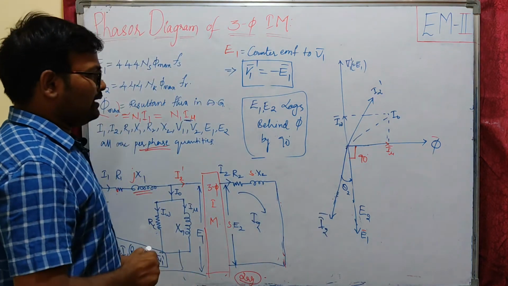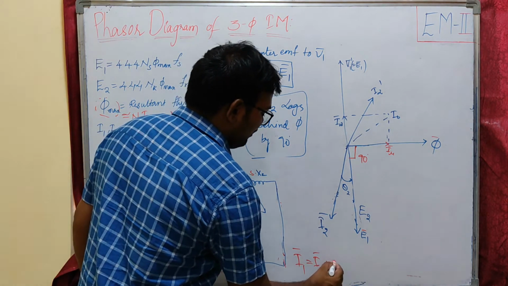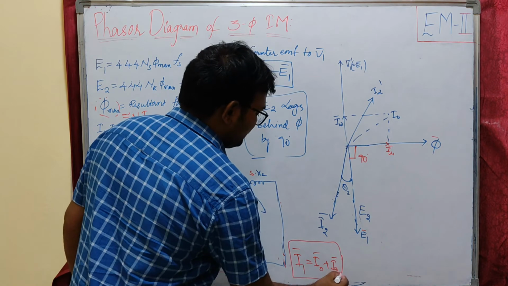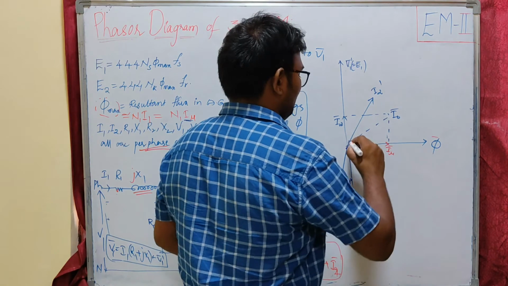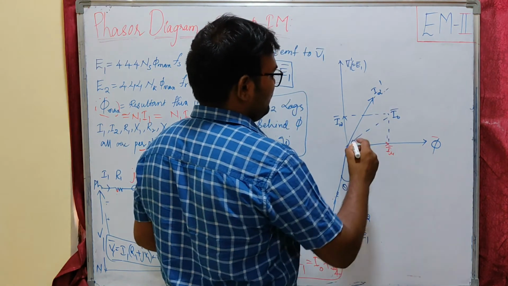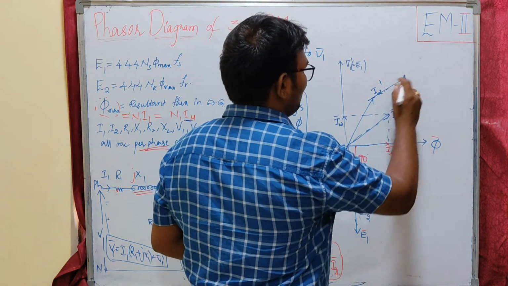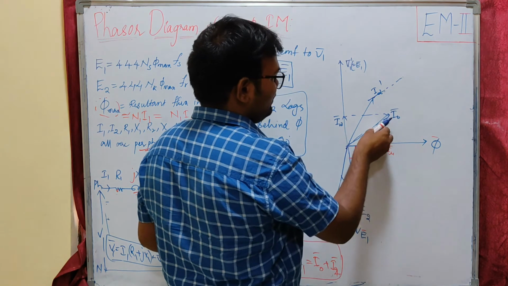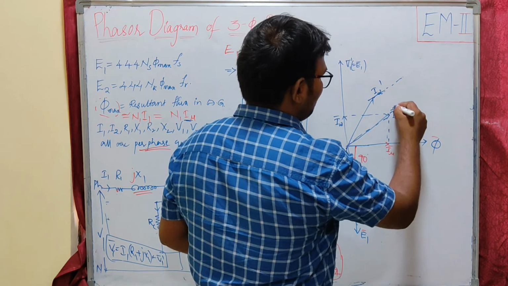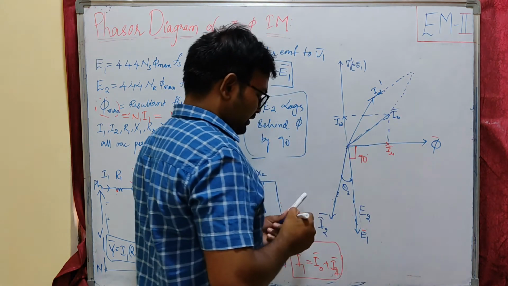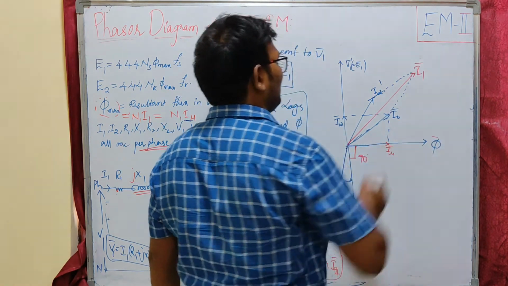Now let us draw the phasor diagram for our stator current, which is the phasor sum of our no load current and the load component of stator current. The sum of I naught bar and I2 bar will be our supply current. So I have to draw the phasors in parallel with this one, and the magnitude will be equal. This is my phasor, which is equal to I naught, and I have to draw this phasor in parallel with this one and equal in magnitude. So these are my phasors. I will join them so that I can get my primary or stator current, that is I1.